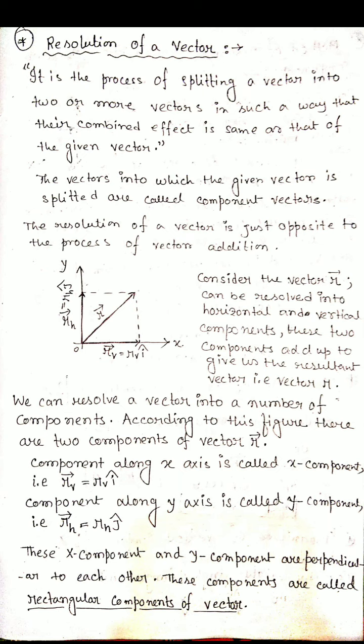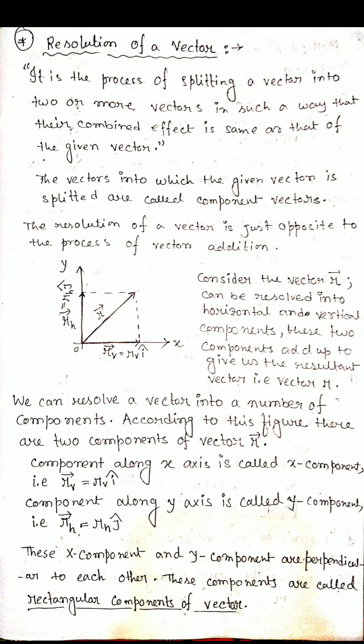So what is the meaning of this? The r vector equals the sum of these two vectors, RV into i hat and RH into j hat, because a vector quantity has both magnitude as well as direction. So any vector quantity we can write this way: RV vector equals RV into i hat, because RV is directed along the x axis only. RV represents the magnitude of the vector, and i hat represents its direction, along the x axis.